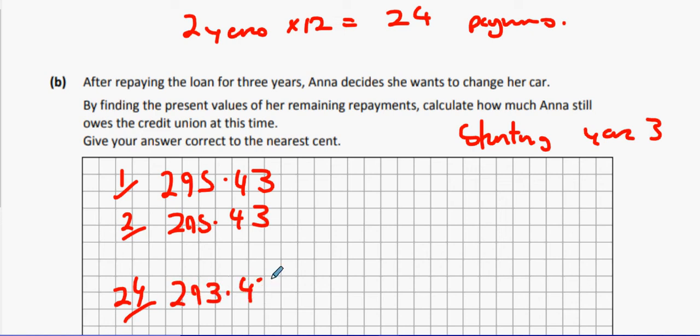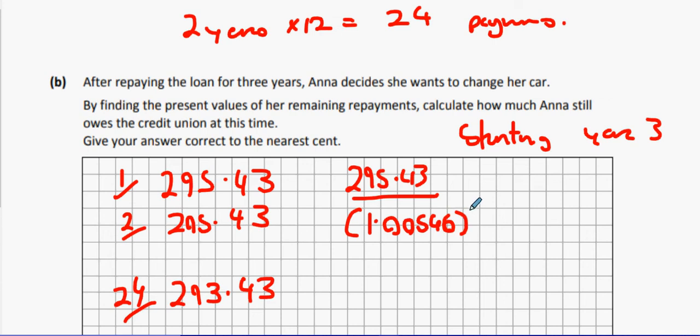Now what I'm going to have to do is calculate the present value of these. So these future repayments cost less today. The €295.43 that's in 1 month's time, I can say that's divided by 1.00, I'll take away the month's interest, to the power of 1. And then the one that I pay in 2 months' time